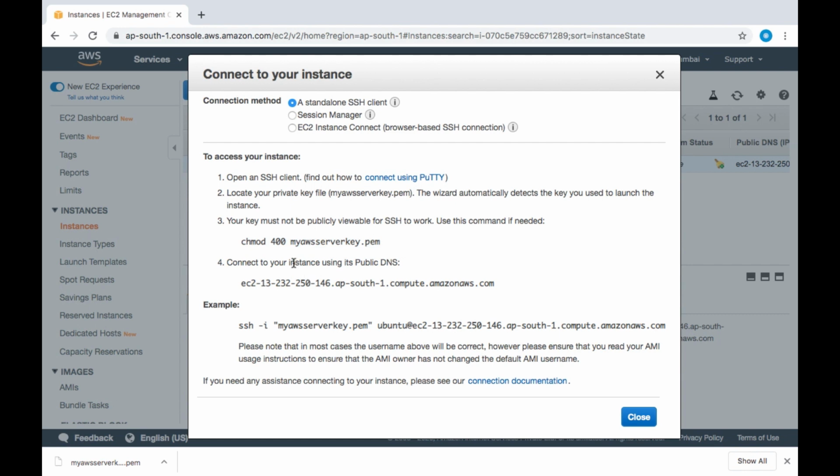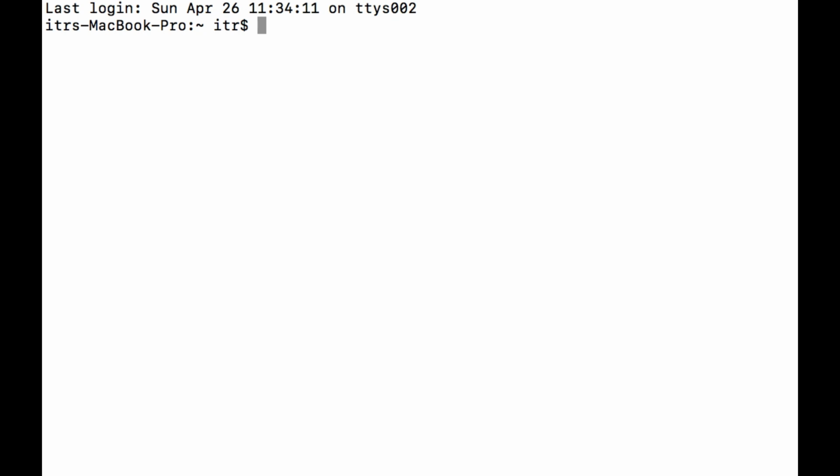Access permission should be changed to 400. So I'm going to do that. I have downloaded that file in my download folder. cd Downloads. This is my AWS server key. This is the file. Okay. To this file we need to change the permission.